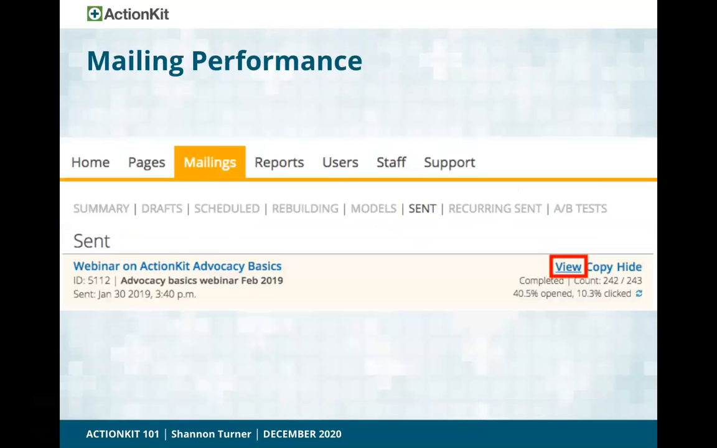So enough about user recognition, let's talk performance. After your mailing has been out in the world for a little bit, people are gonna open it, read it, click it, and take action. And you'll wanna know, how well is my mailing doing? So from the Mailings tab, if you click Sent up top, you can find your mailing and then click View